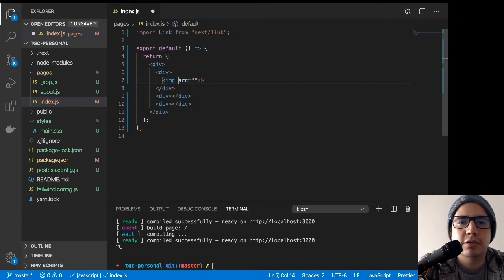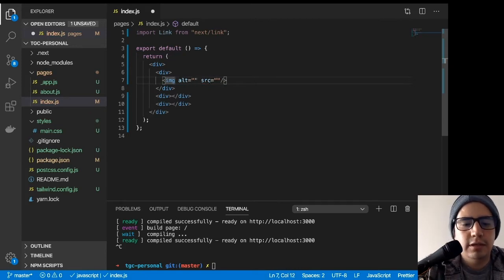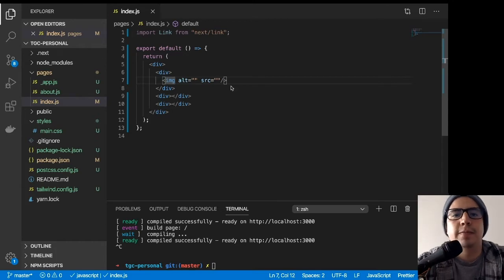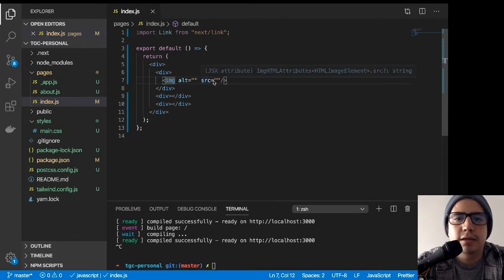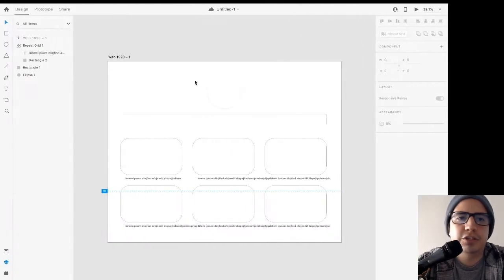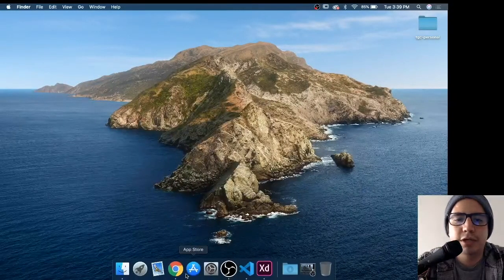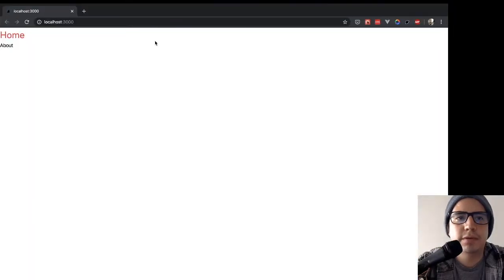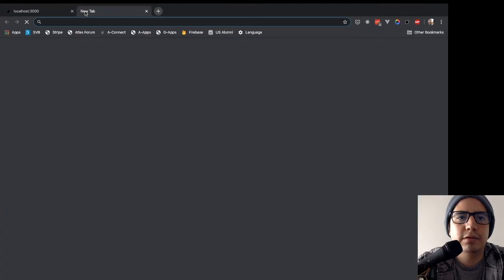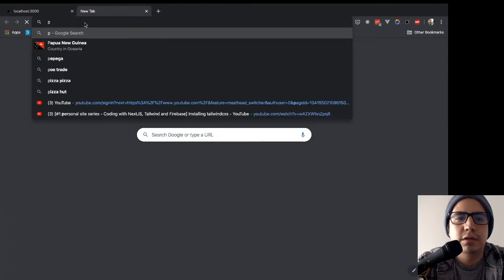Let's just close that. We should always have an alt due to accessibility. That's a good practice. So we need the image, which I don't have right now, so let's just use some